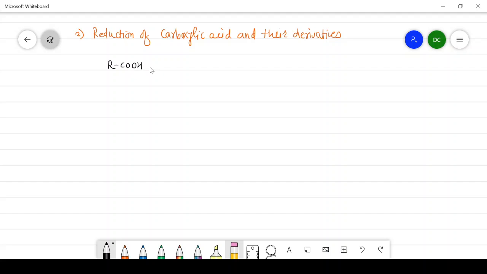Then its derivatives are ester, anhydride, that is RCOCOR, and RCOX, acid halide. All these derivatives along with the amino acids,